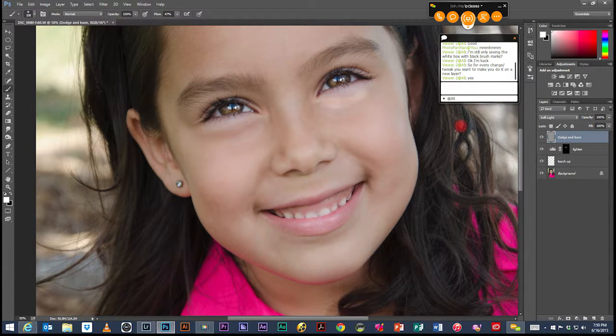Now, obviously you can see that's way too much, and I'm working on the right eye. I'm going to undo that, and I am going to lower my opacity a fair amount. Next to opacity you have flow, and that's basically how much ink or paint your brush is distributing